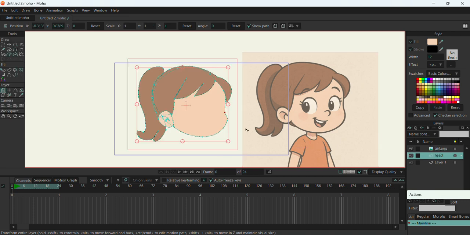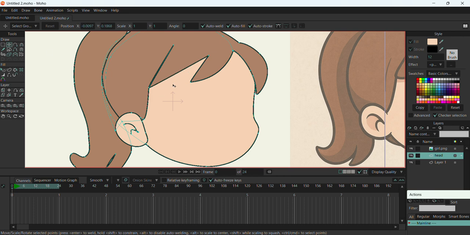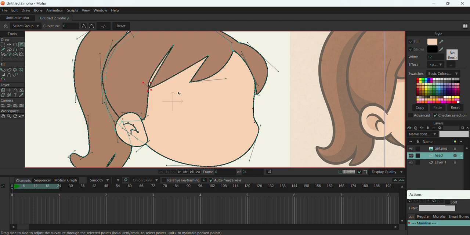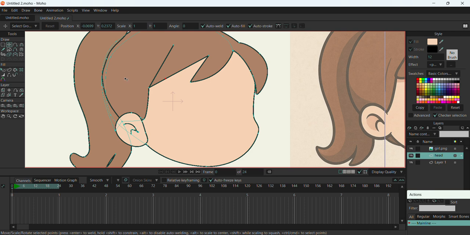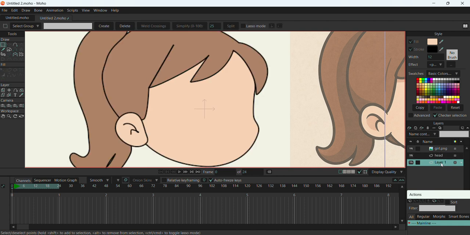That hair there also, I think just remove this point, and then let's curve it. I hope we'll be able to do it. Okay, so I will need to add a point possibly here, and then just curve it just a little bit. Let's see. Yeah,